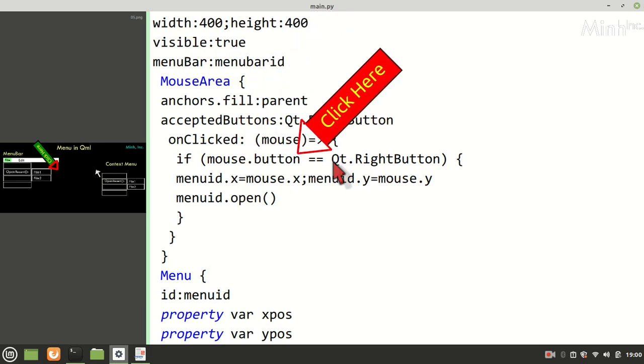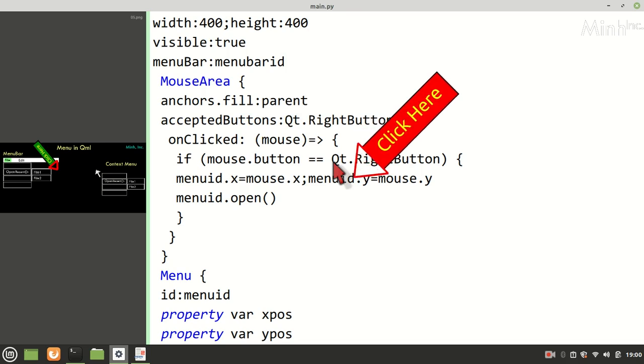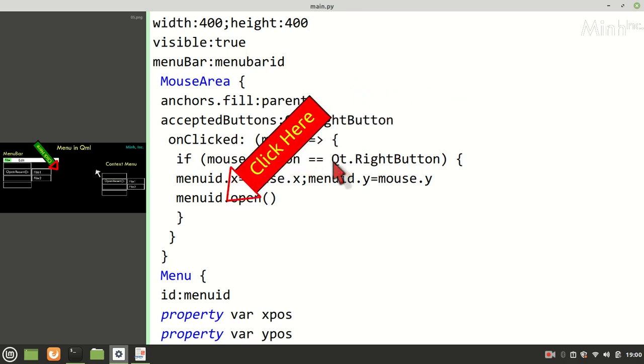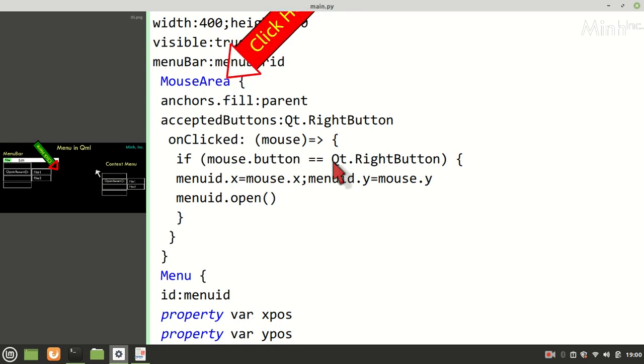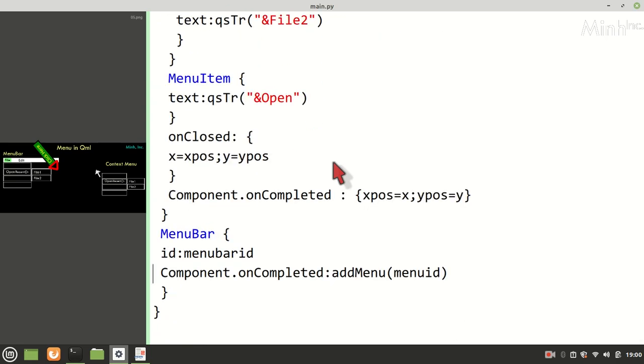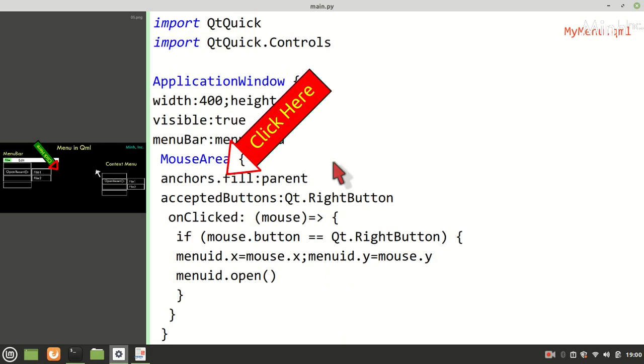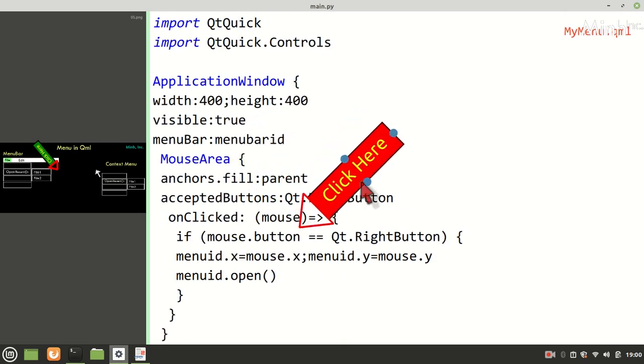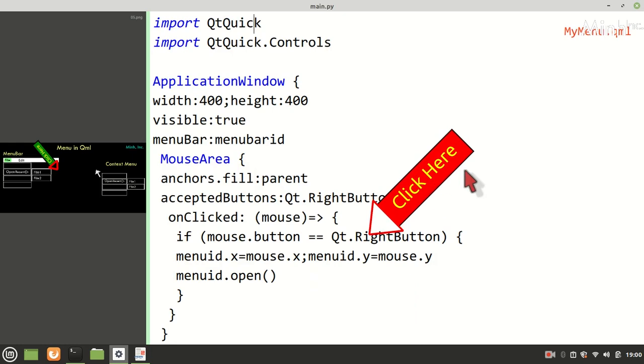When we right click, the same menu would come. Menu ID is only one. So in the menu bar, we are adding the same menu. One menu is coming in the menu bar and the same menu is coming in the context. So this is the idea.